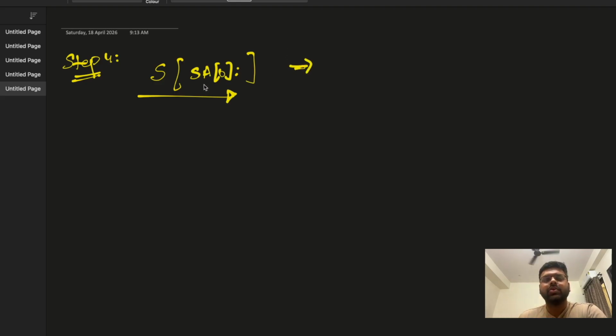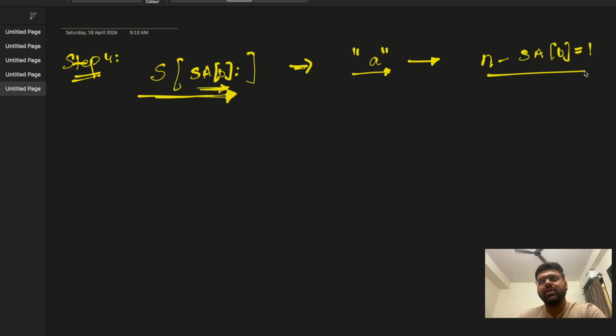SA of 0 was actually 4, so it's 4 till the end. I'm talking about the last substring, right? So the last substring is this. If I talk about all of the possible substrings while dealing with this particular suffix, it would simply be n minus SA of 0. So it would simply be 1, right? Now if I talk about this one,